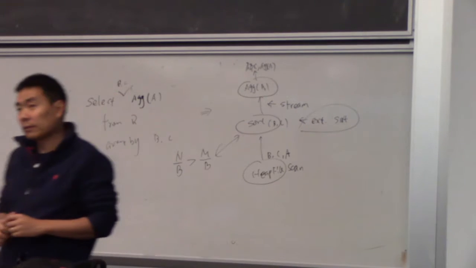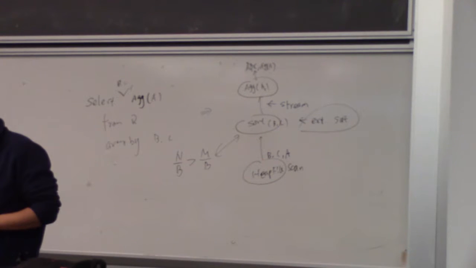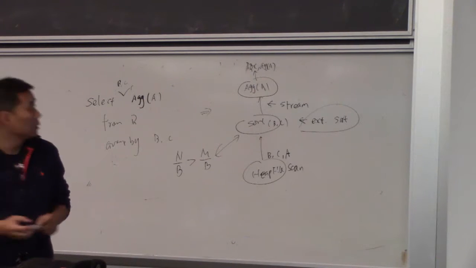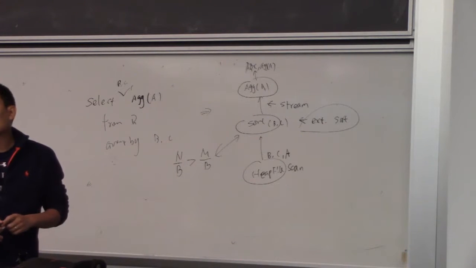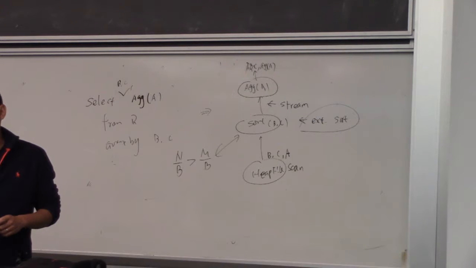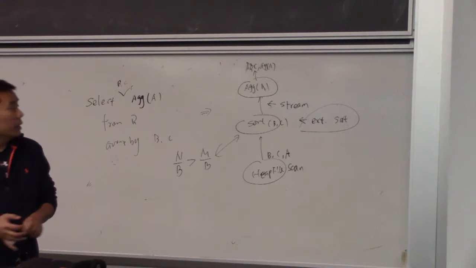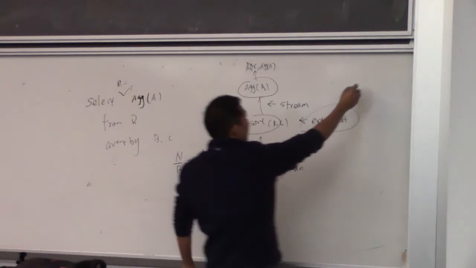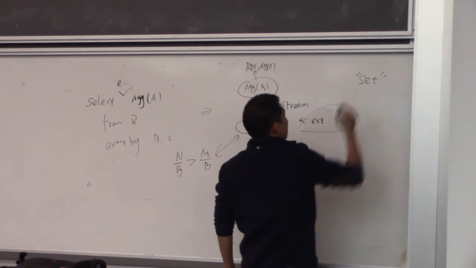Is that why using a set wouldn't work? Because you could use a set to get rid of, like, distinct values, for example. You could use a set, I mean, that's just another example. Like, if you want to select distinct, you just put all of the results in a set. But then the question is how do you implement this thing called a set